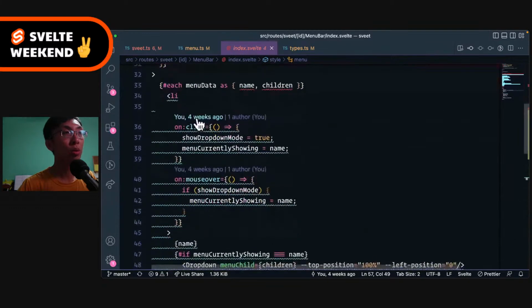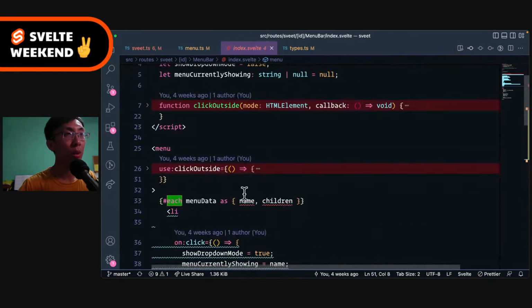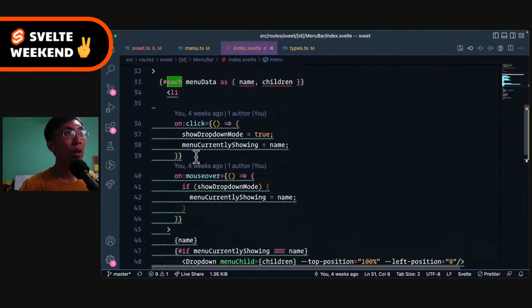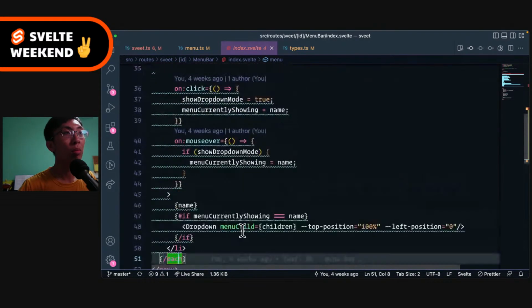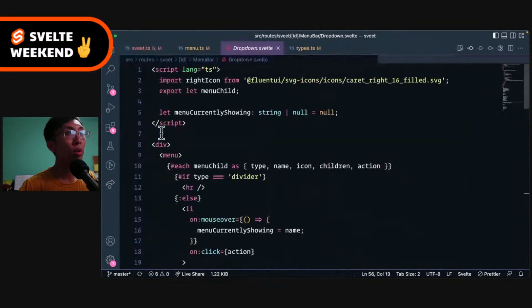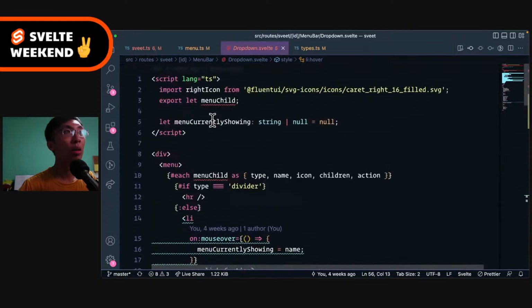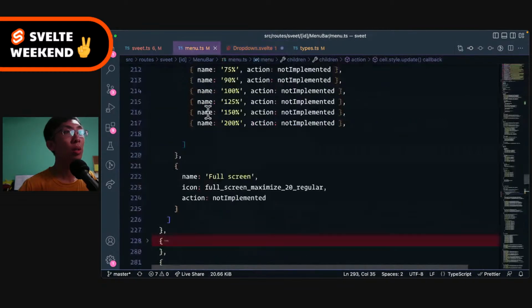We should also, I think, where's the action? Each menu data name. What is going on over here? Menu data on mouse. What is happening? Drop down. What is happening over here? Okay, so